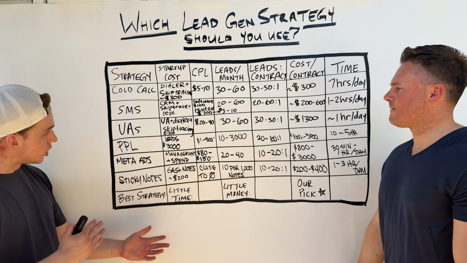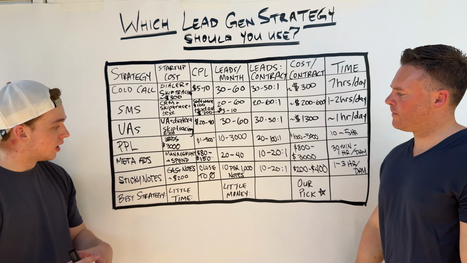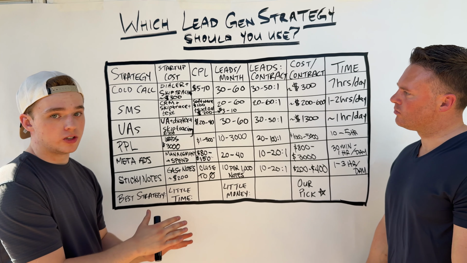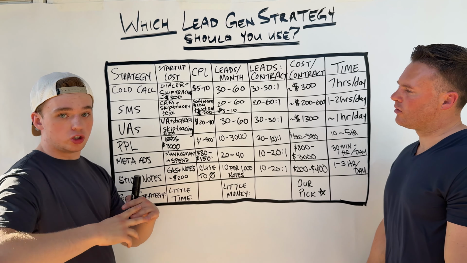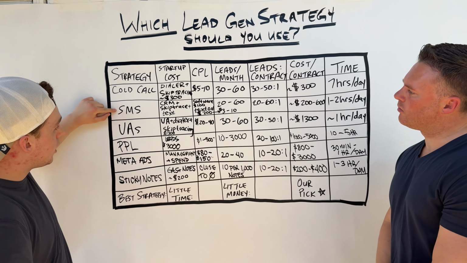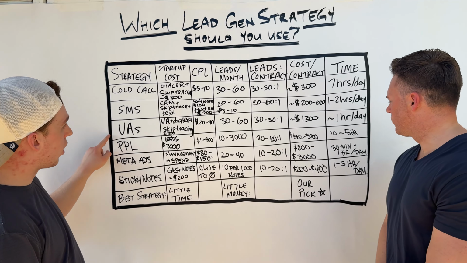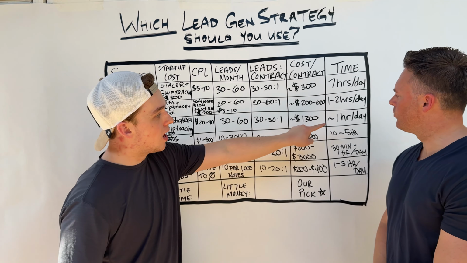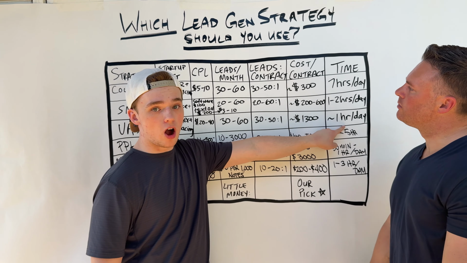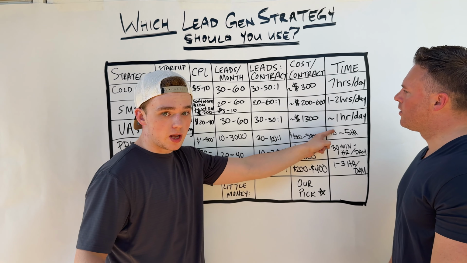Which strategy among all the strategies that we went over is best for you? Now, if you have the least amount of time, say you're constrained on time, you work 2 jobs or something like that, the best strategy for you is probably either to do a text blasting campaign that'll take you about 1 to 2 hours per day, or you hire some VAs, which will be about an hour per day, which